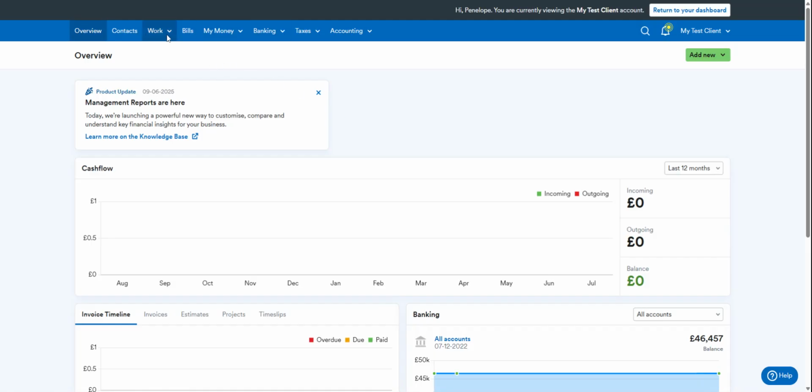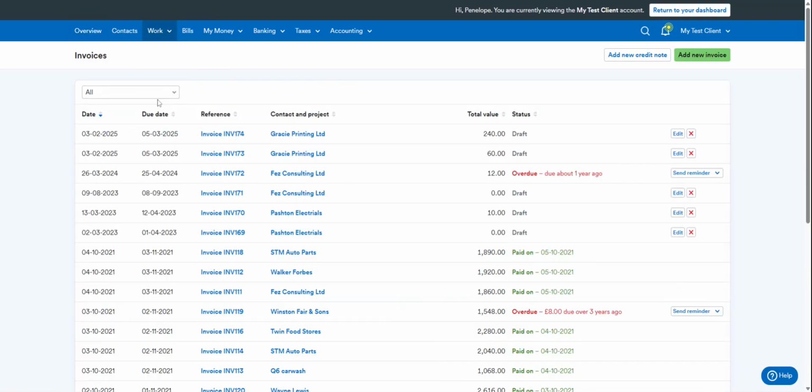on the desktop, if you go to work, you've got the option here: you can create estimates to go out to clients, you can track time, you can do recurring invoices, but we're just going to look at a basic invoice here. So when you click into invoices, you'll see the list of invoices that have been raised and